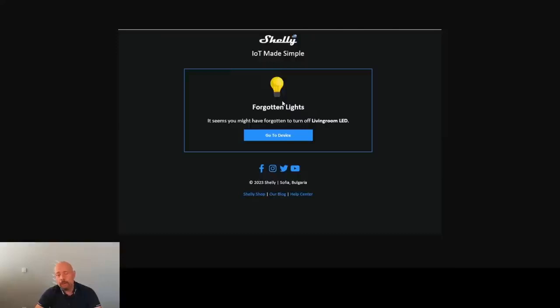Then you can allow the AI to switch off the lights if it detects that they've been forgotten, but not for all the lights. You can choose which lights to be switched off by the AI if you want to do that. Otherwise, you can do it by yourself. But at the moment, for me, this saves an extremely large amount of energy and money,